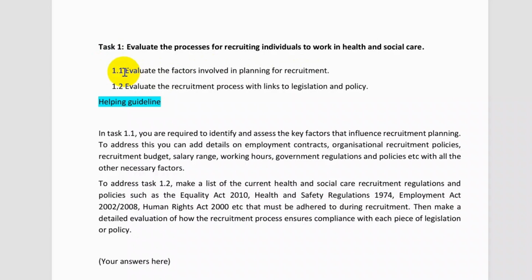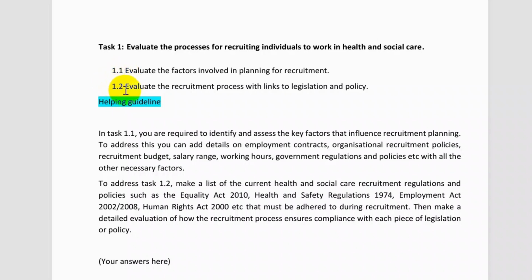Then, once you identify these factors, you need to evaluate how these factors play an important role in terms of finding the right people for the right job. And you also have to explain the potential impacts of these factors on the whole recruitment process, or on the people who we hire as well.